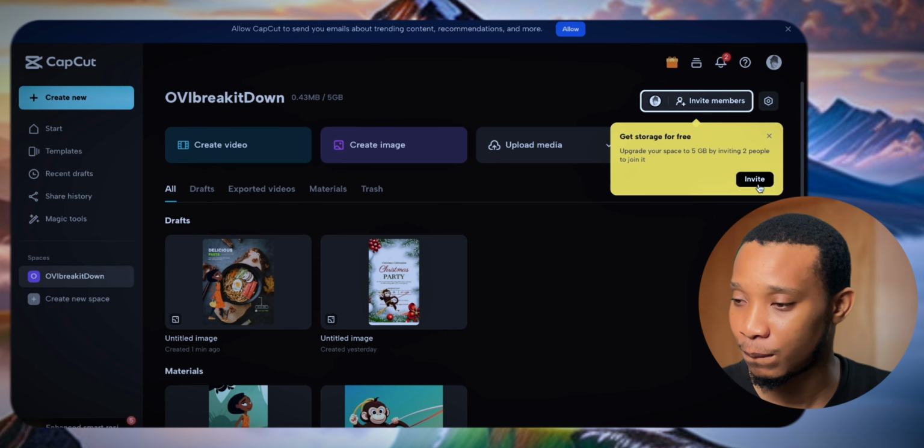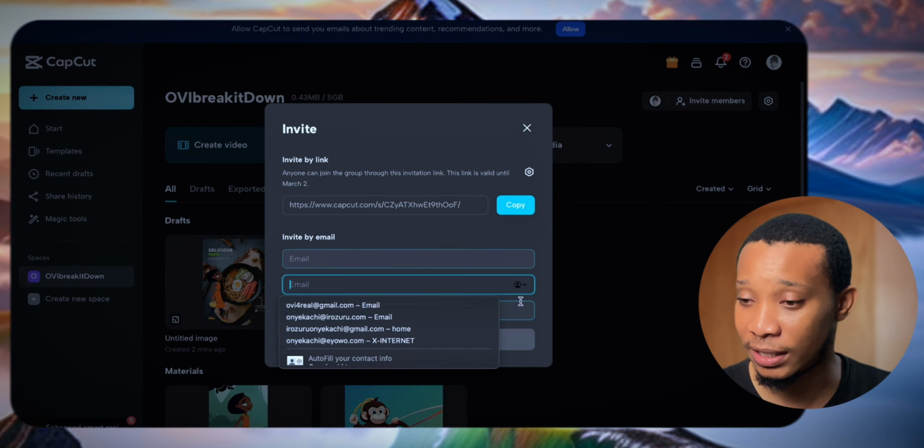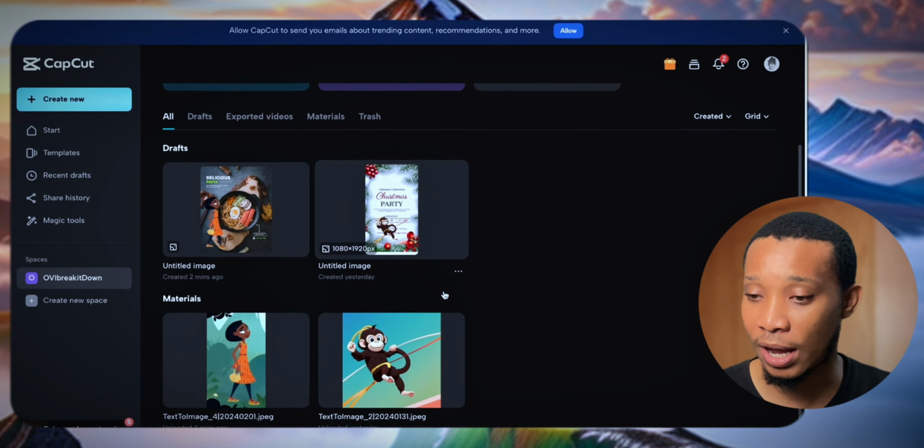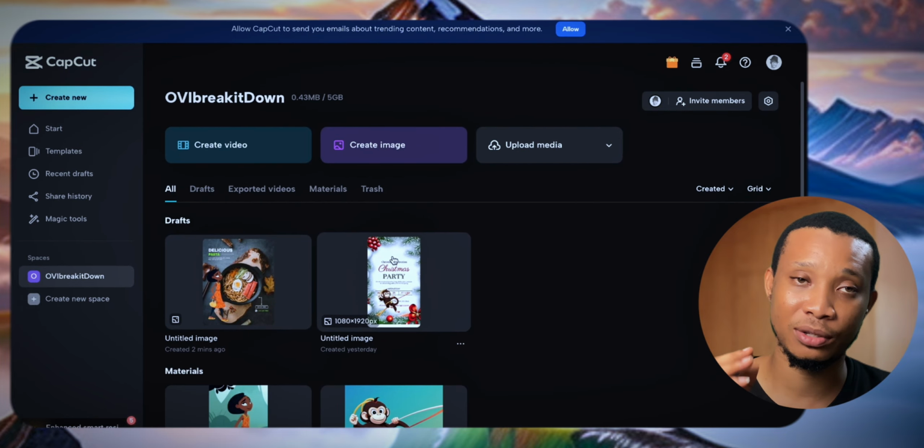Sick. So you can pretty much just invite them, and once you're done inviting them, you have a collaborating team that you can work on a design together. Now, I do know that Canva Pro still has some things up their sleeves that makes them still unique, in terms of they have some features like the website feature, the whiteboard features, and some other perks here and there. But if you're an everyday designer, what you pretty much do is social media posts, thumbnails, and all of that, CapCut definitely cuts it. You see that? CapCut.